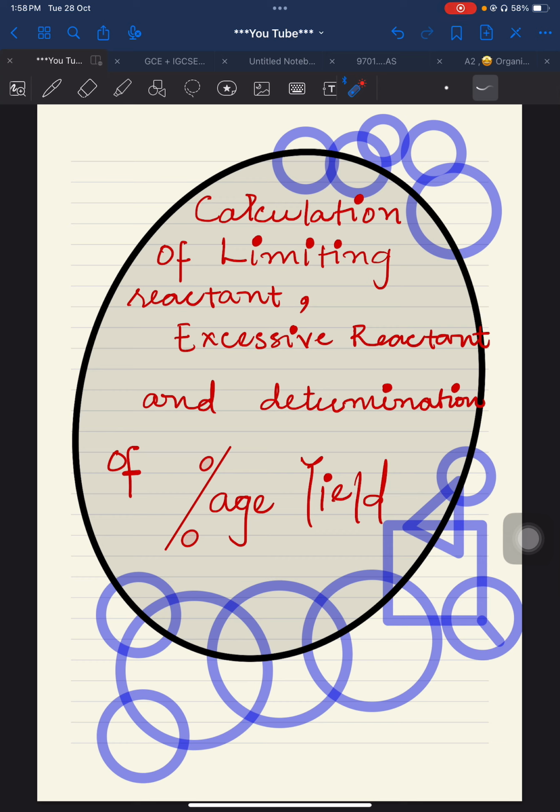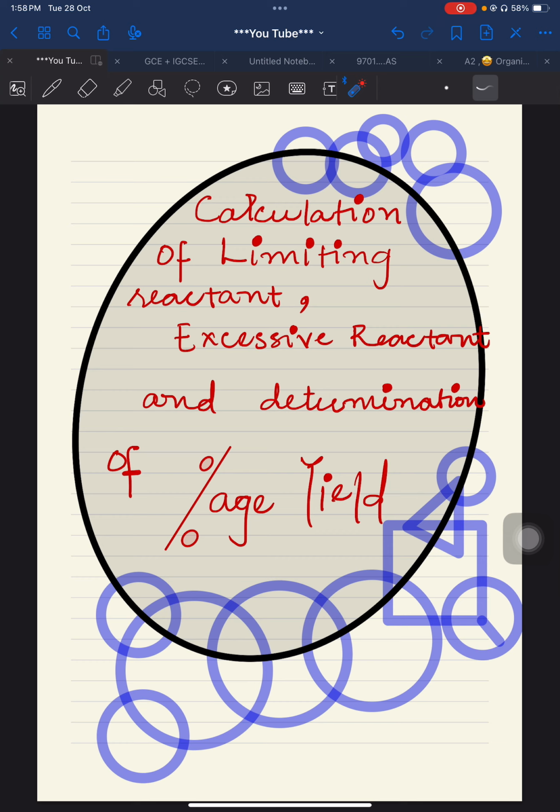And what about the percentage yield? Percentage yield is the amount of the product calculated based upon the limiting reactant, and when it is compared with the actual amount which the examiner has told you in a question, then that is called the percentage yield. Percentage yield calculation has a specific formula that I will write in the videos as well. Percentage yield is equal to obtained divided by theoretical multiplied by 100.